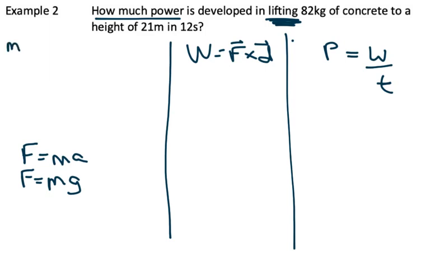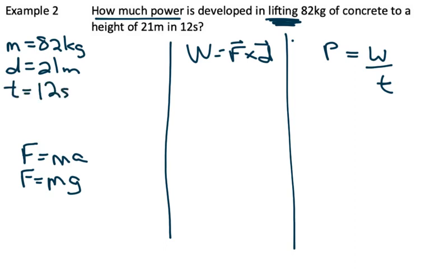We know the mass of this concrete is 82 kg. We know the displacement of it is 21 meters. We know the time, 12 seconds. And from there we can go. So since F equals mg, mass of 82 kg times 9.8 meters per second squared